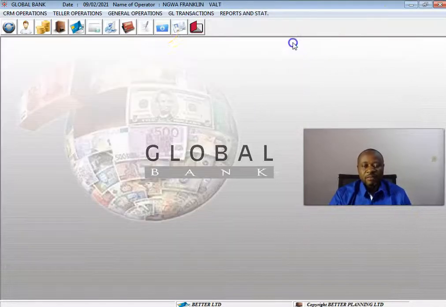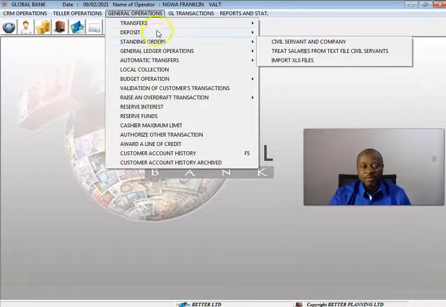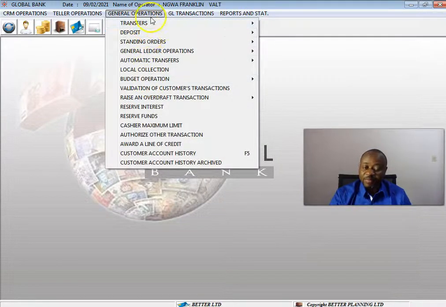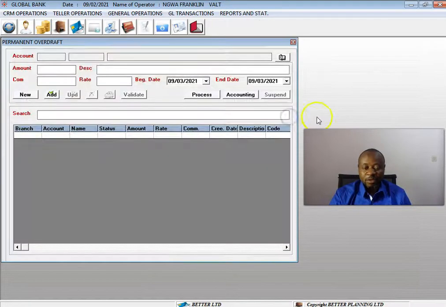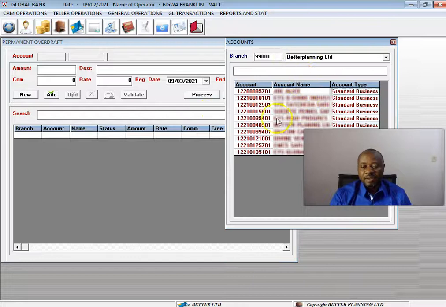Now, dealing with the permanent overdraft, we're going to move over here to the general operations menu, and down to raise an overdraft transaction, and right here we have the button permanent overdraft. Now the permanent overdraft is an overdraft that spans over a longer period of time, and that can be paid monthly to the account of the customer. So we're going to click here on the new button to let the system know that we are beginning a new transaction, and right here we're going to also get a list of our customers